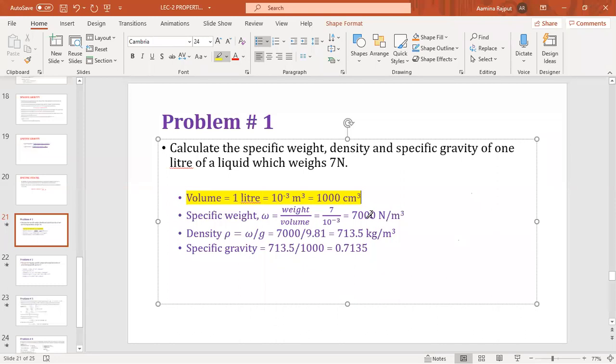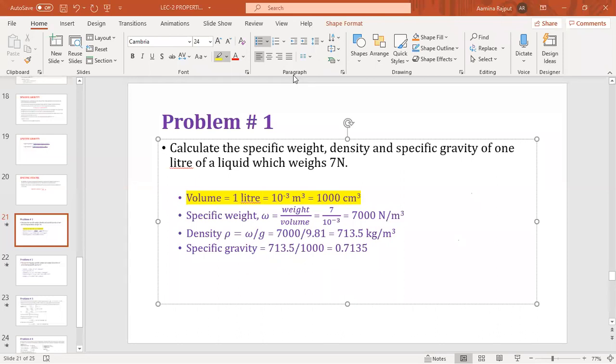So specific weight is actually weight per unit volume, and the weight is 7 Newton and volume is 10 to the power minus 3. So we get 7,000 Newton per meter cube. And we know the relationship of density with the specific weight: specific weight is density into gravitational acceleration. So just rearranging for density, we will get